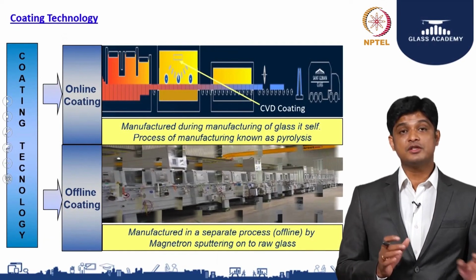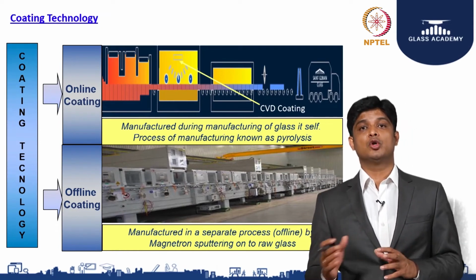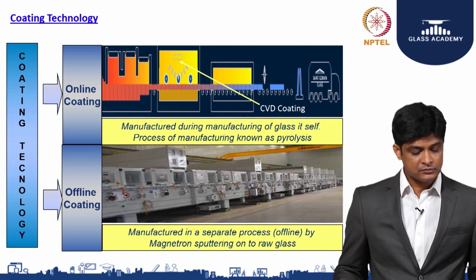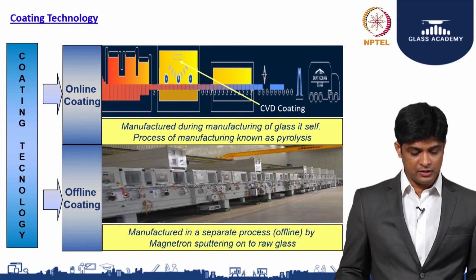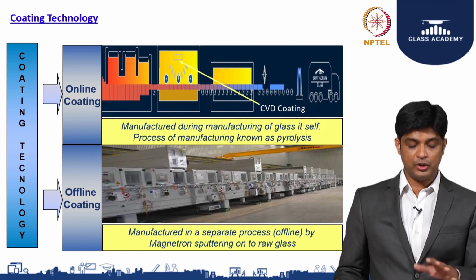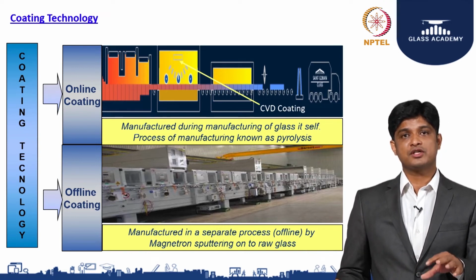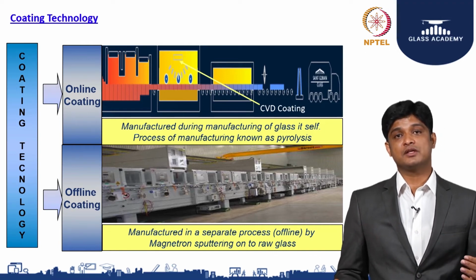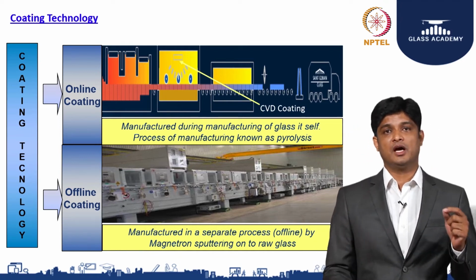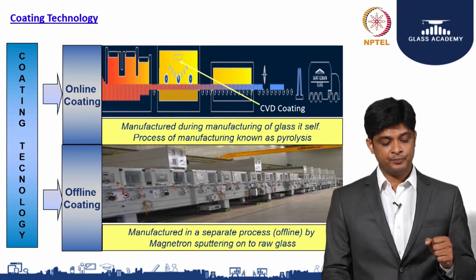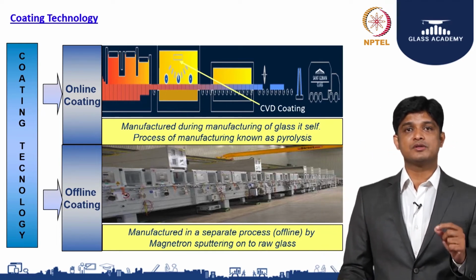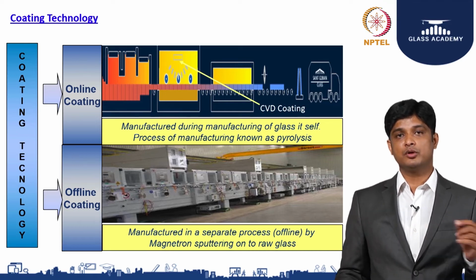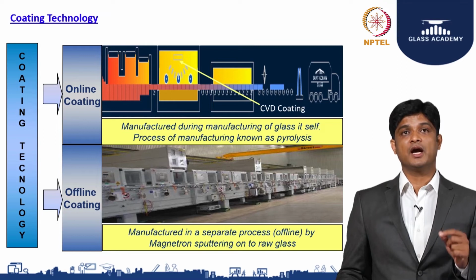So how do we achieve all this performance? Lower solar factor, lower U value, lower light transmission. As I said, there are two technologies: the online technology and the offline technology. As the name indicates, online coating happens while the glass production process is happening. But this technology has a very limited number of products that I can produce, because with every base I can produce only one kind of product. And it restricts my performance values, because I can do a maximum of 2 to 3 layers of coating during this process, as the coating has to be done at very high temperature.